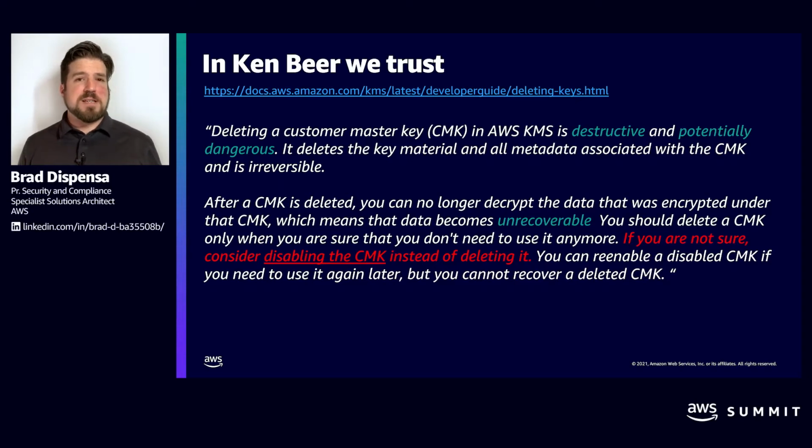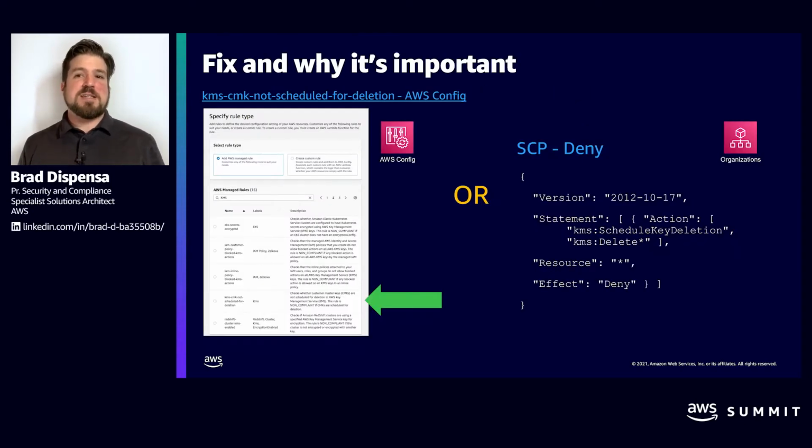And the way to fix this is by making sure that you have things like, in this case, an AWS Config rule that looks for CMKs that were scheduled for deletion. This will alert you that a CMK has been flagged for deletion, and it gives you that time to respond in the case that the developer thinks, oh, this key was used for this project, it's not used for prod. No, it was also used for prod. So we can enable this Config rule to get that alert earlier so that we can go and respond and make sure that the impact is not wide-reaching.